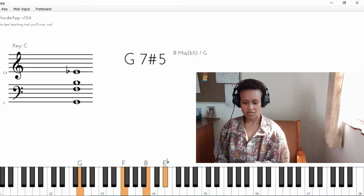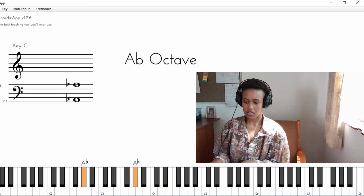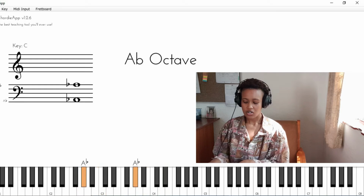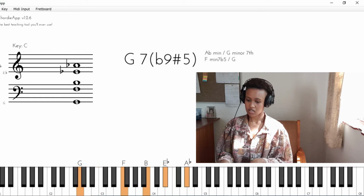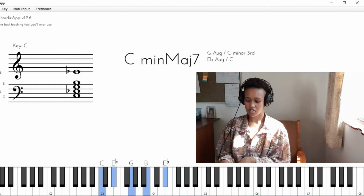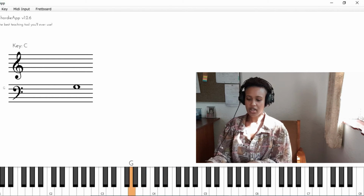Now the reason we've got flat 13 in there is because if we are considering harmonic minor 5, meaning I'm playing harmonic minor from the 5th degree, which means that all of these tensions technically should be available for me to use. Right? All of those tensions that exist within the scale that the chord is coming from will be available for you to use. So we have